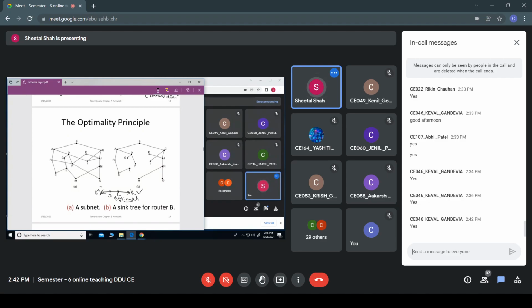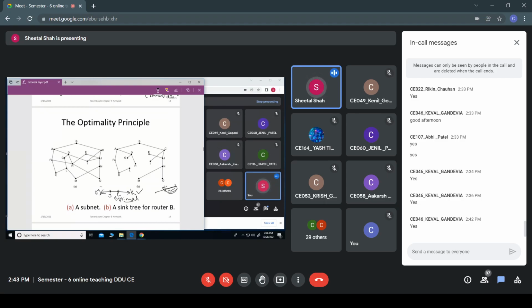If I say that a route from, say, Nadia to Ahmedabad, if I use the express highway, is my shortest route. Okay, now if I want to go from Maninagar to Ahmedabad, and I say that this particular route is optimal, it implies that from this station to this station would also be an optimal path.